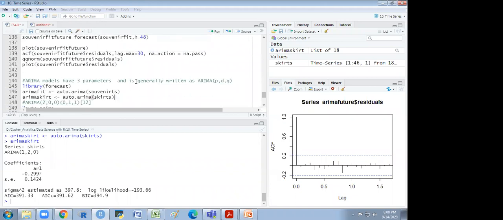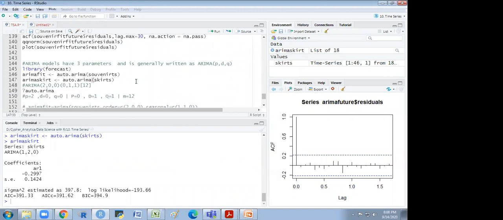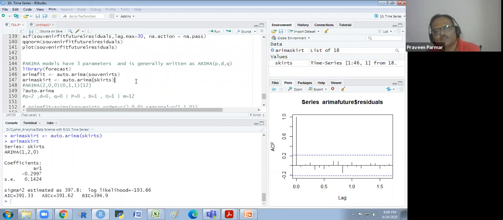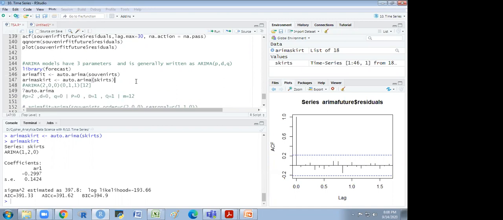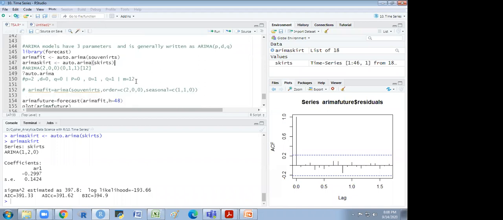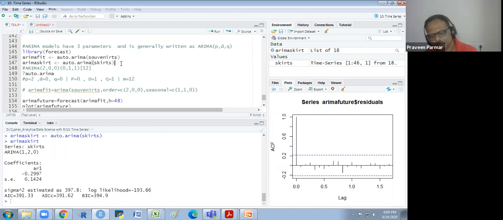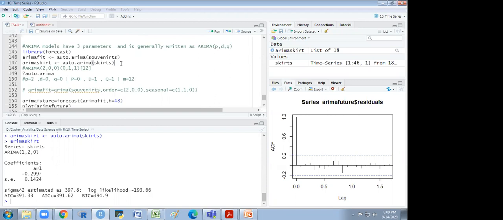Actually, sir, first order differencing is y minus 1. So basically the previous y value, that is the subtraction, y minus 1. If the series is there, we subtract the previous value from the current value. That is called first order differencing. After we do that, generally irregular data, or data which is non-stationary, becomes stationary. That is the purpose. So basically, subtracting the series from its own past values.